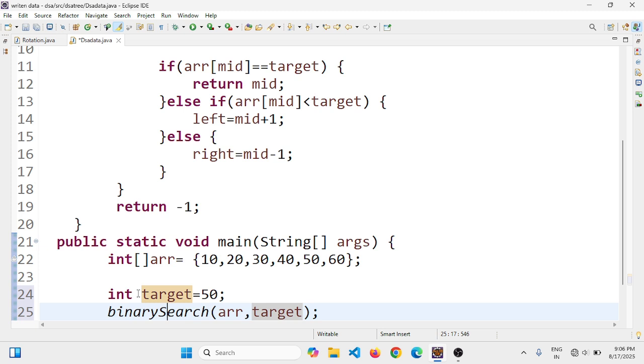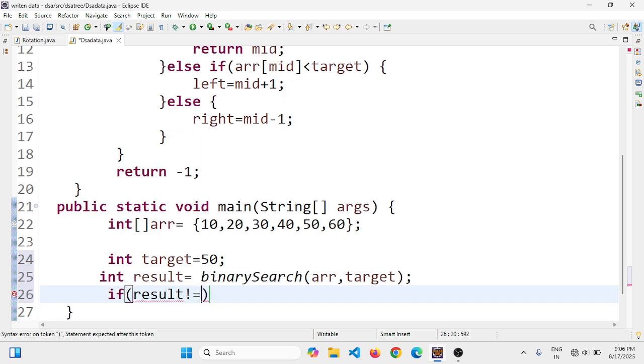Okay, right? Let's print here if result is not -1. It means that if you have found the index of the element, then return here